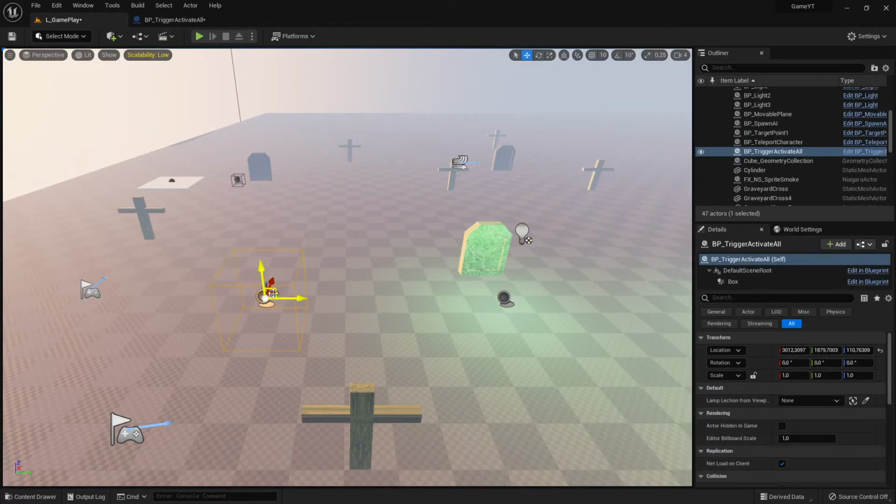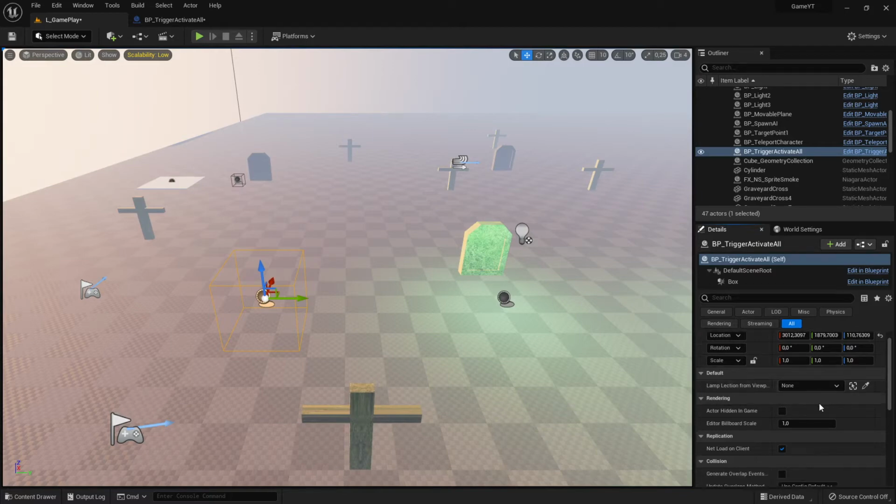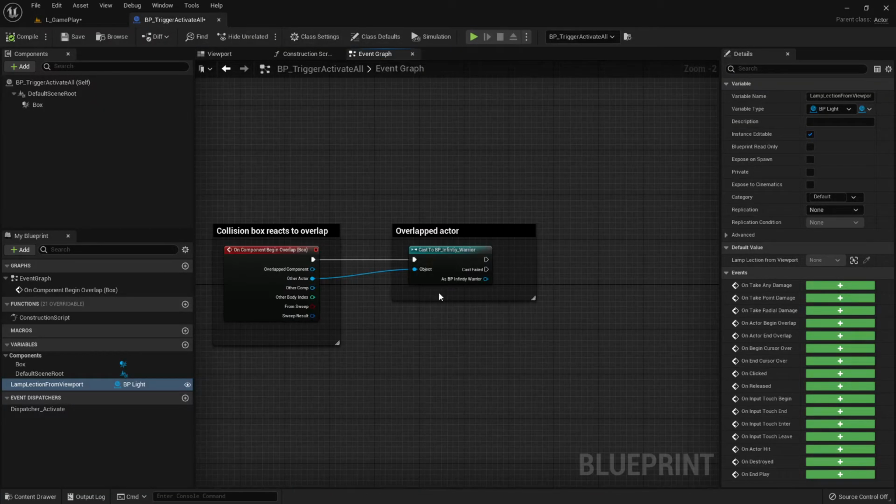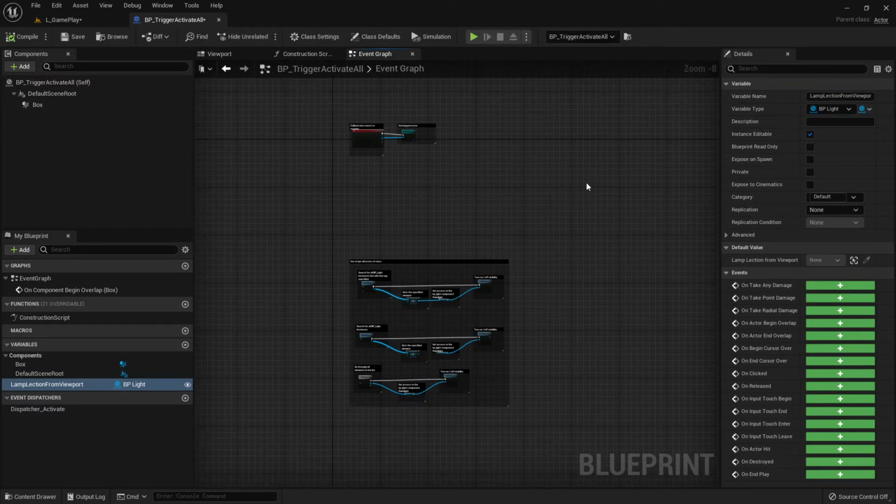So you select this box, then you go here in your details panel, and in default here is the variable which I created, and you can see it now here in details, which means you don't have to open up this blueprint, which means you don't have to open up the code section and work at all here. That's nice. One more thing,